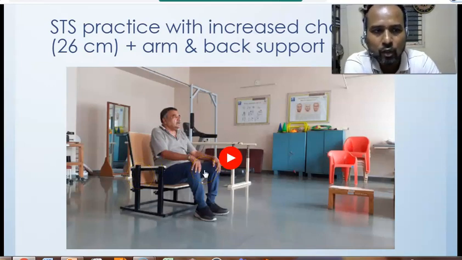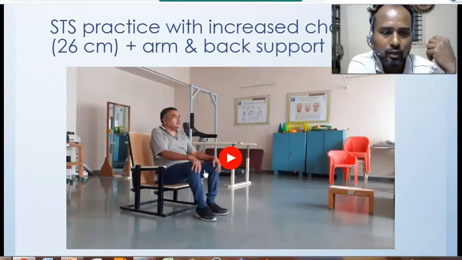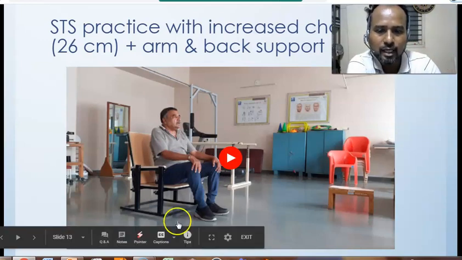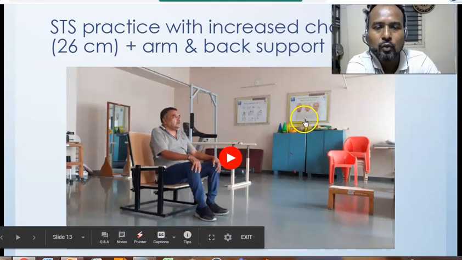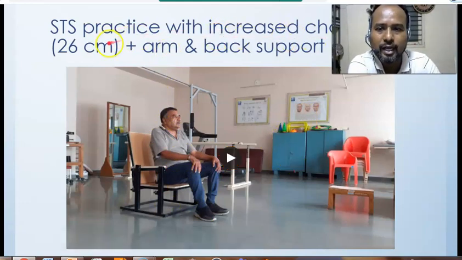It's designed by one of my students, Miss Nisha Mahant. She designed it as part of her coursework and for participating in an event. We use it because it allows us to change the height. Let me show that: we started practice with increased chair height, from 17 centimeters to 26,